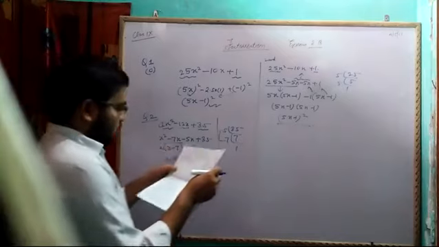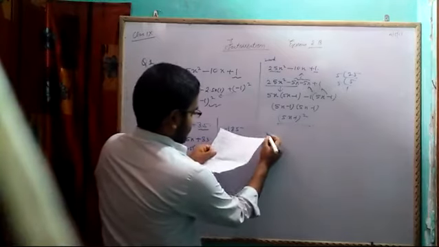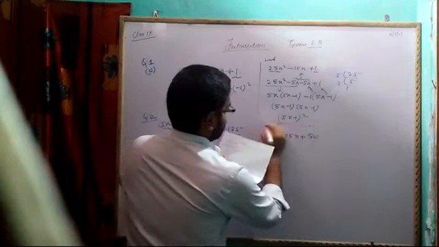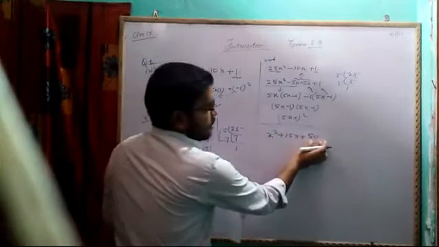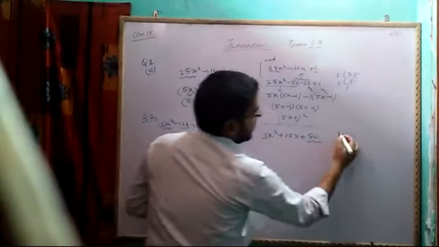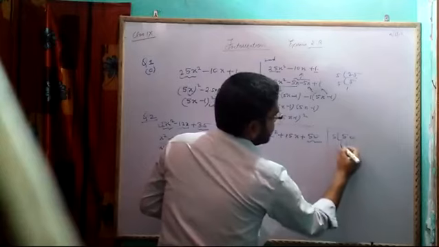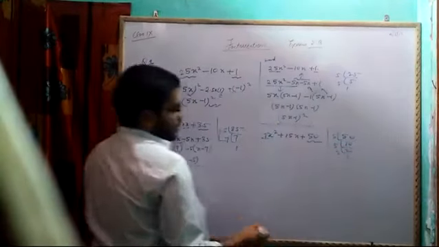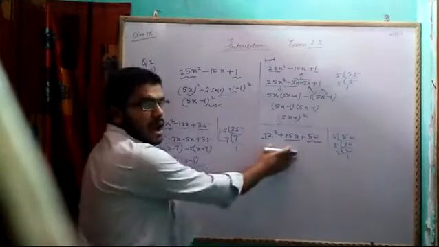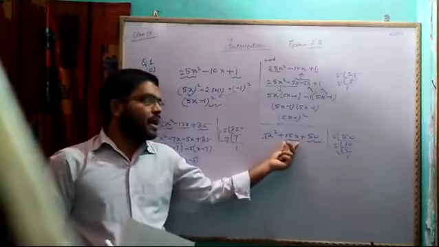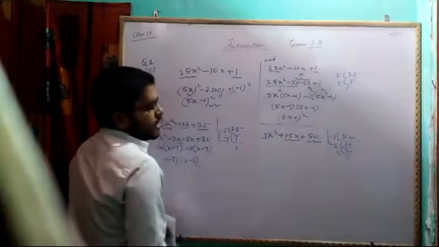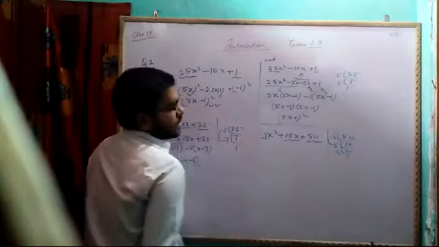Now next question, next question, I don't know which number it is: x square plus 15x plus 50. Here also we don't have any perfect square, so our task will be to find the product 50, and the coefficient is 1 here. So it's the prime factorization method. 5 10s are 50, 5 2s are 10, 2 1s are 2. Now you have to select numbers in such a way that their product should be equal to 50 and their sum should be 15. 5 into 5 is 25, 25 plus 2, no, you won't get any number.